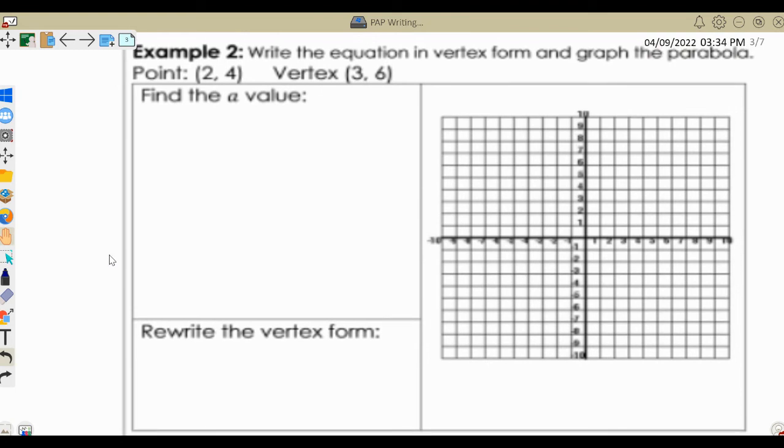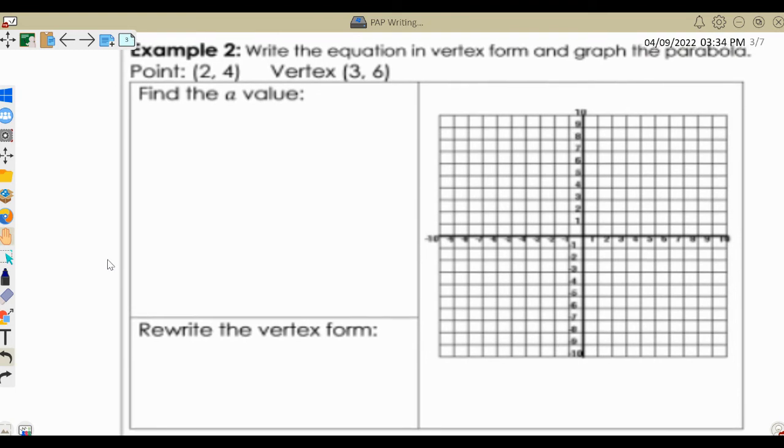Pay attention to the information that's being given to you. This time it's giving us the point first and then the vertex. So here's my x, y, and my vertex over here is going to be my h, k, right? When we plug it into our vertex form, that's how I like rewriting it on here, just so I know where everything's going to go, all right? So we're going to put our 4